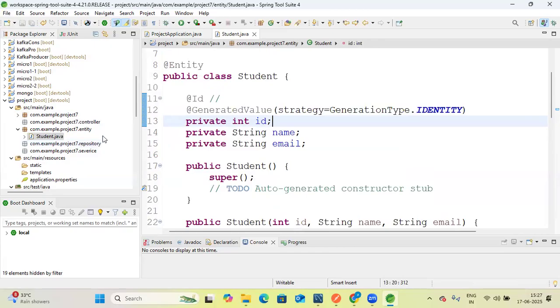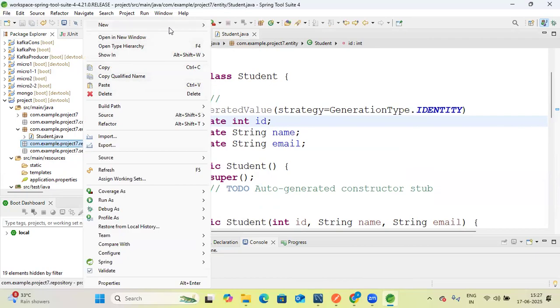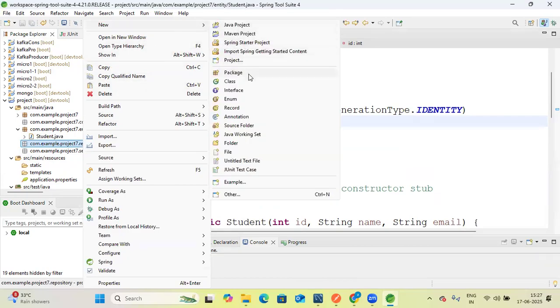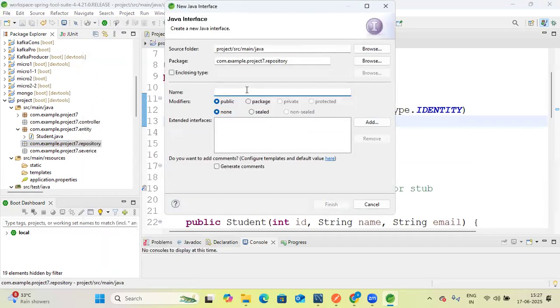After the entity class, we will go to our repository. I will create a repository. Basically, in the repository we have to create an interface. Go to interface. Now create a repository named StudentRepository. Whatever name you want to give, you can write, but generally I recommend